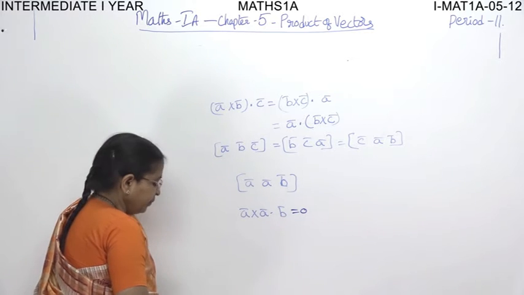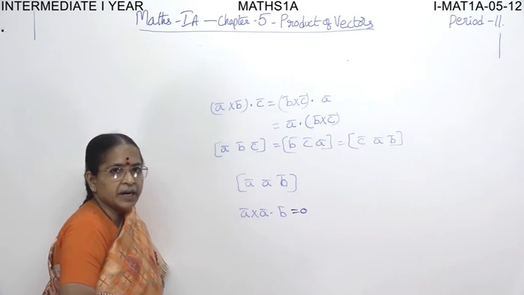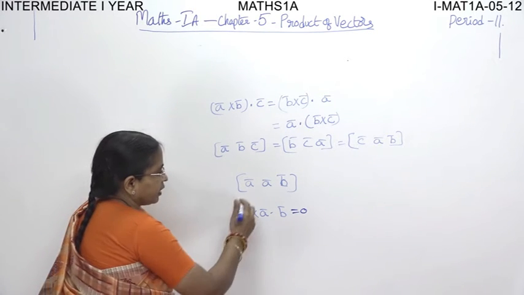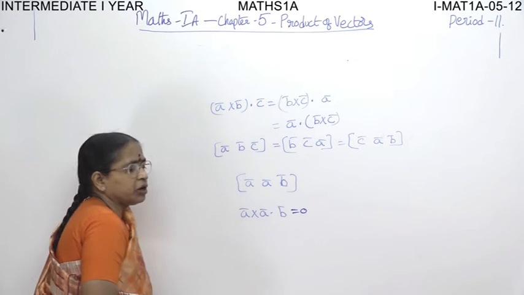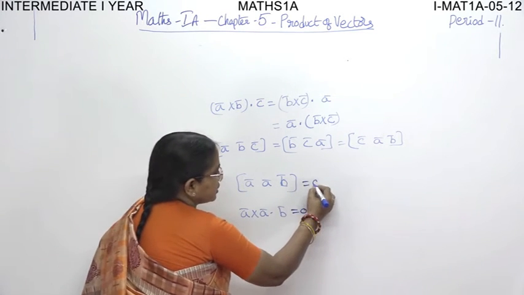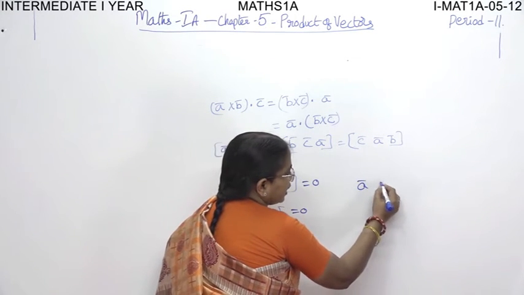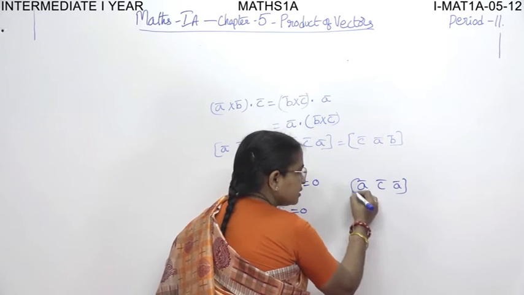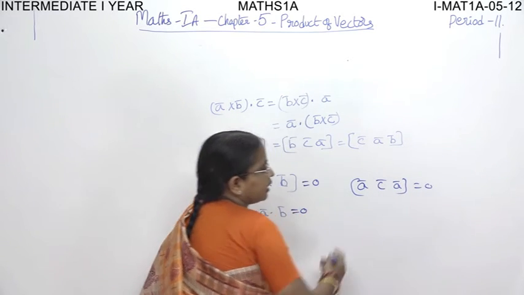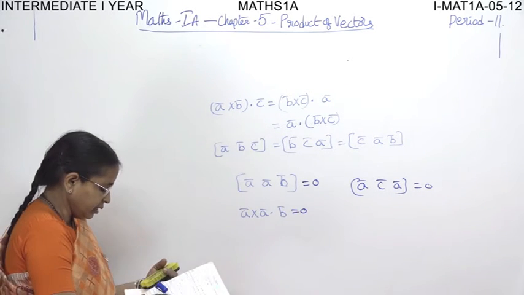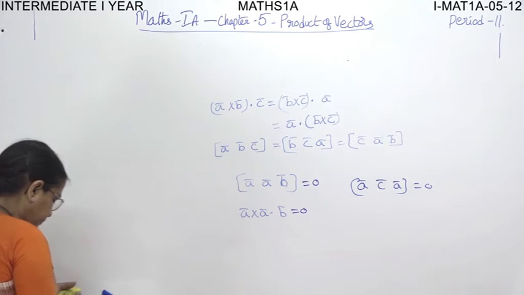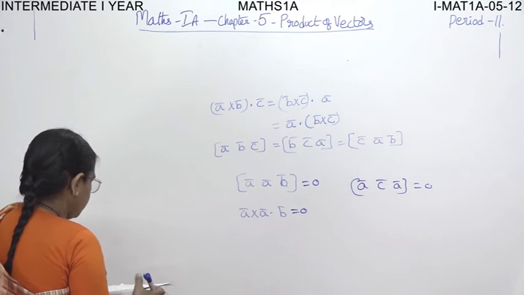That means if two vectors are identical in a box product, then its value is 0. Similarly, suppose I have ACA like this. This is also equal to 0. If two vectors are identical, then its value is equal to 0. Okay, the next property